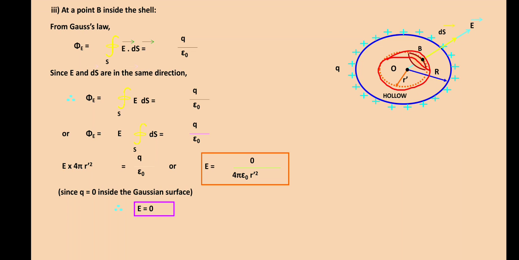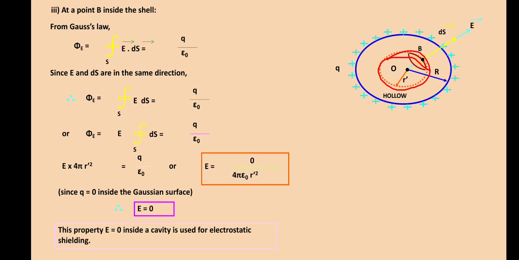So the electric field intensity inside the shell will be 0. Not only in the shell, but inside the conductor, inside the current carrying wire, everywhere; if it is a hollow one, then inside the shell will be 0. This is used for electrostatic shielding. So this is a great application of this Gauss law. We use this for shielding during lightning and thunder. We create a cavity in which the electric field will be 0. That is called electrostatic shielding.